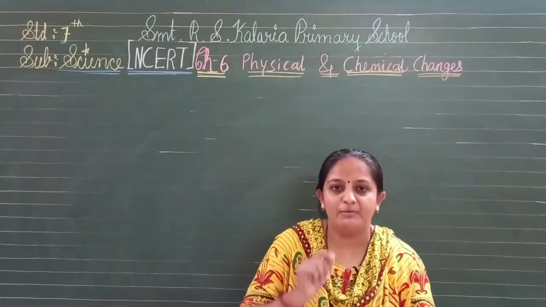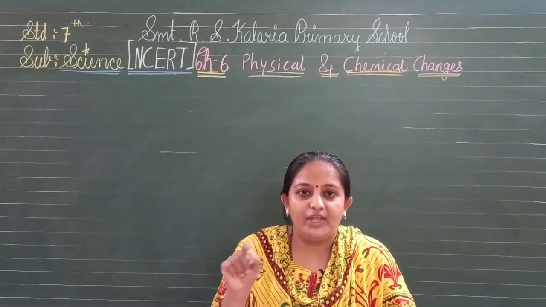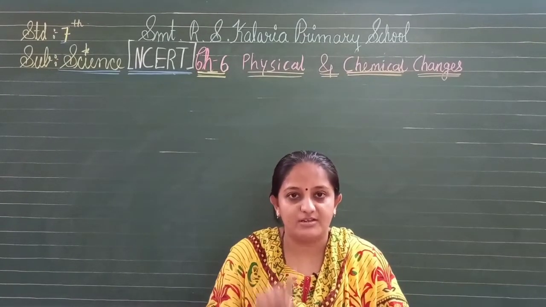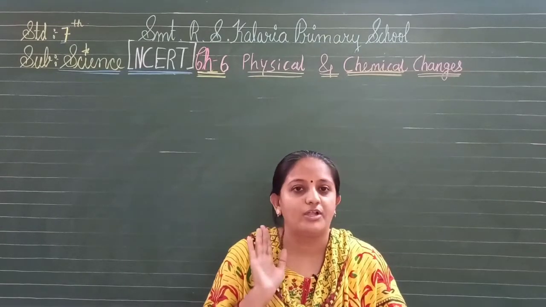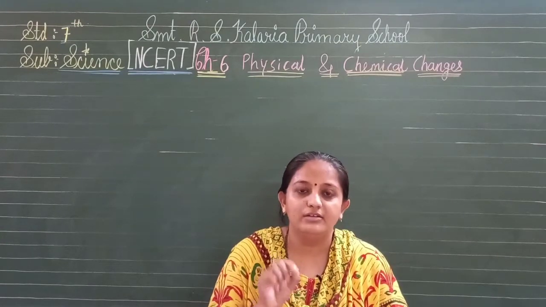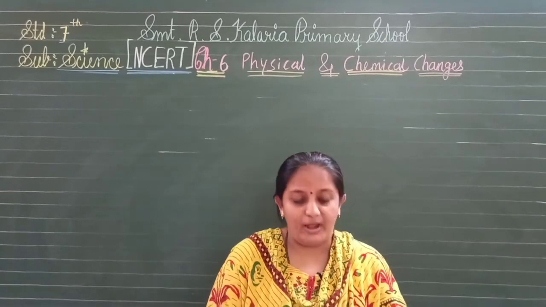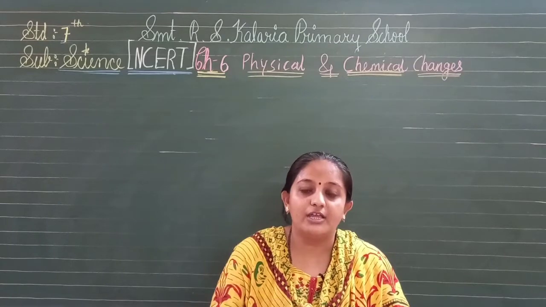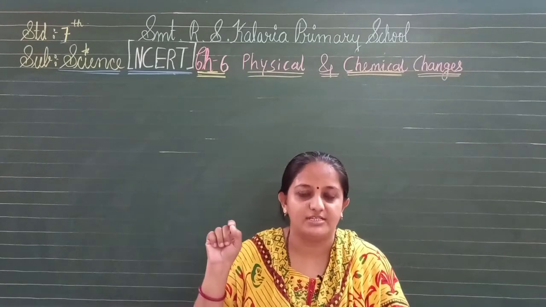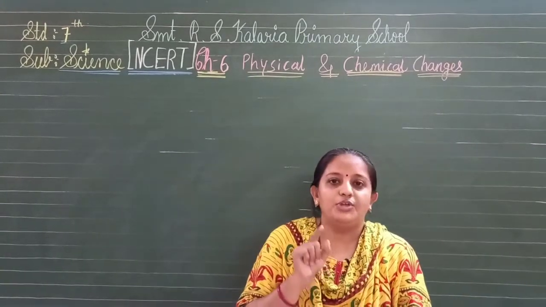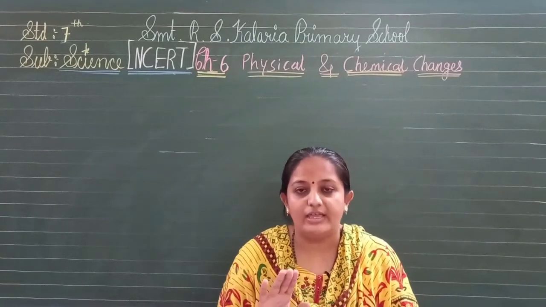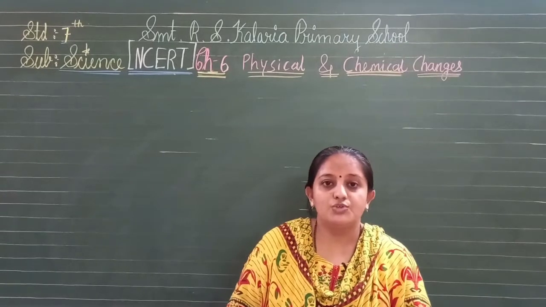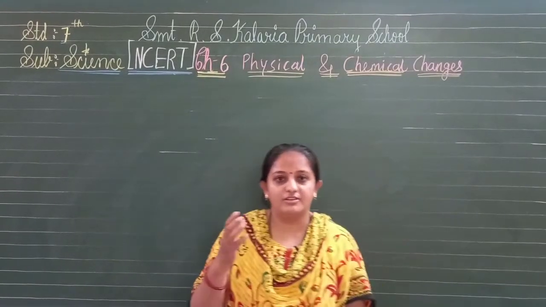Students, here you keep in mind that the rust obtained from an iron article, which appears as a brownish film, is rust, but that rust is not iron. It is different from the iron on which it gets deposited, like a coating. So keep in mind that rust is not iron, it is a deposited layer of another substance. So dear students, this is also another change.